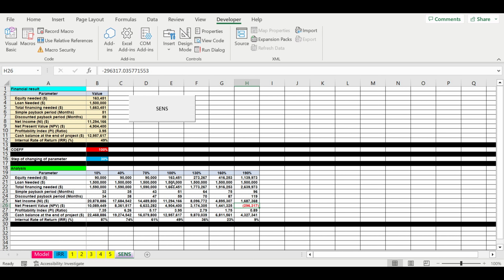So usually future business owners spend a lot of time building different scenarios and testing them inside sensitivity analysis. So that's why I decided to show you how you can build this block for